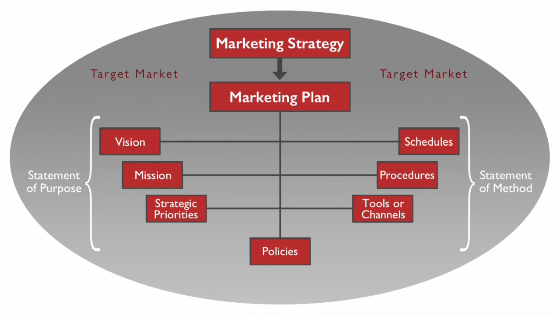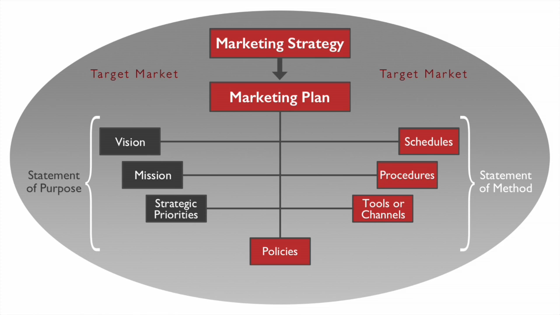But then if we break the marketing plan down, you'll see on the diagram there are branches going down and other components there. So if we break that down, there's a lot more involved in putting together this marketing plan, which then feeds into the strategy. So we'll take a look at those pieces now. On the left-hand side of the diagram, underneath marketing plan, you'll see three pieces that collectively make what's called the statement of purpose. And these three pieces are a vision, a mission, and strategic priorities. So these three together create your statement of purpose. And that is, why is your organization in existence? What's it hoping to accomplish?